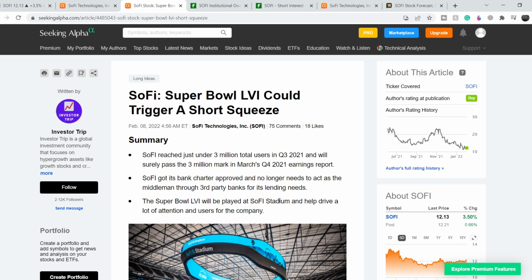users for the company. And I have to say that the potential short squeeze, I don't think that we can rely on from the investor standpoint, because it is just a short-term action, and every time when some asset experiences a short squeeze, we definitely have a huge spike in its price and then immediate decrease to the entry levels. And definitely it is not for investors, it is just for traders, and you have to diversify